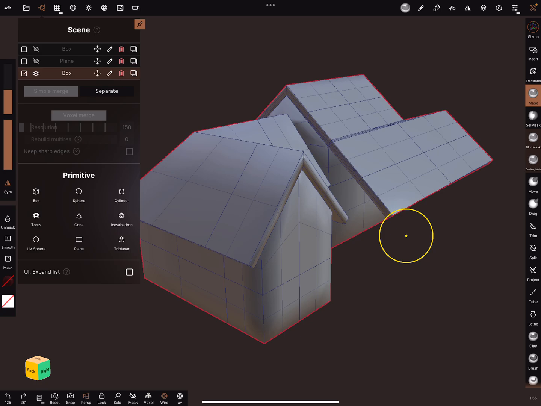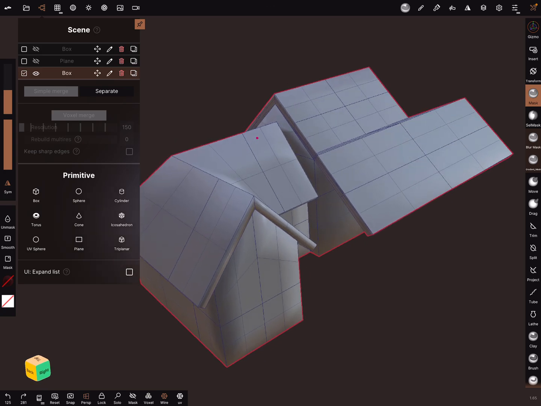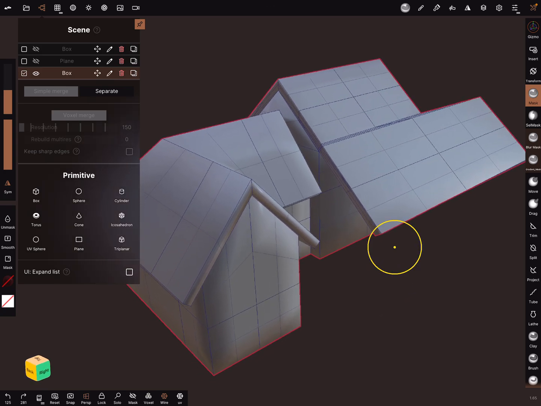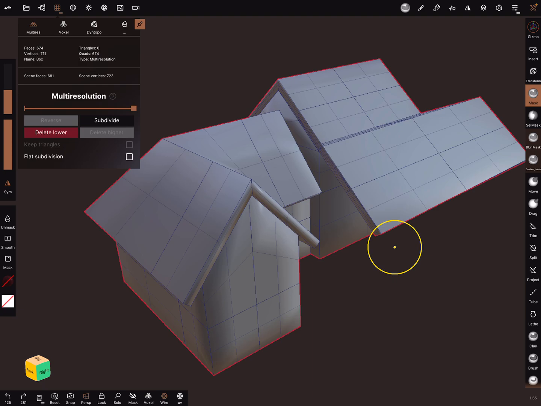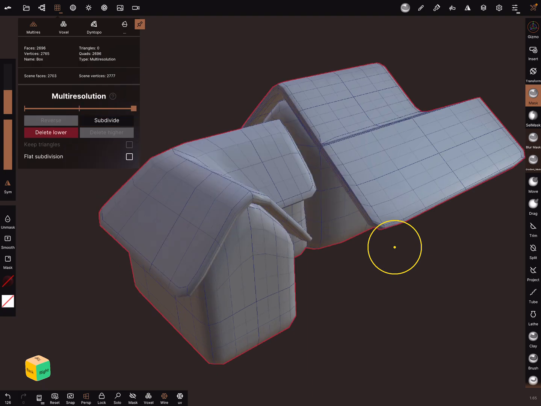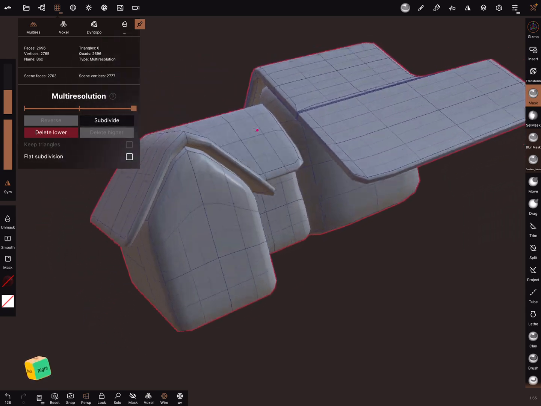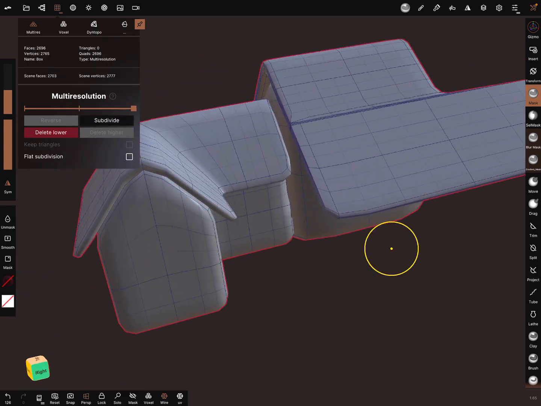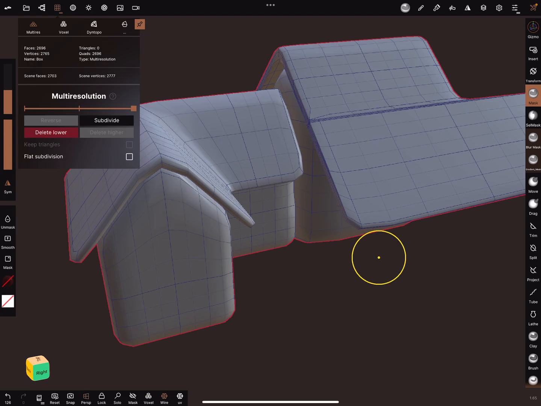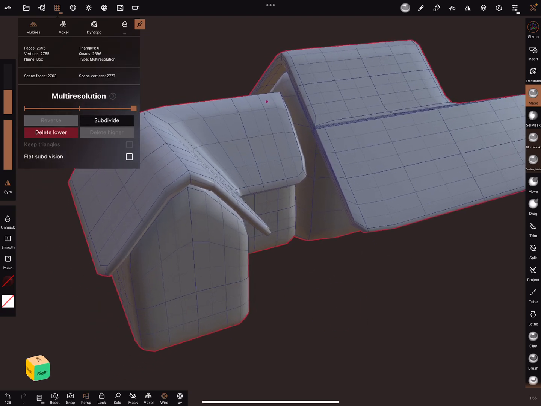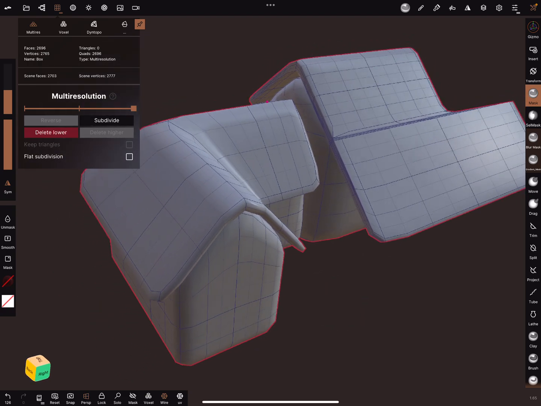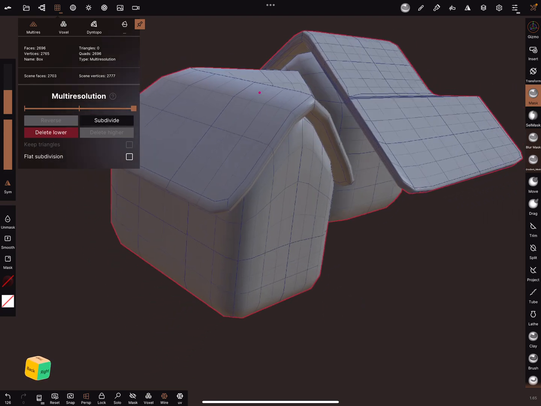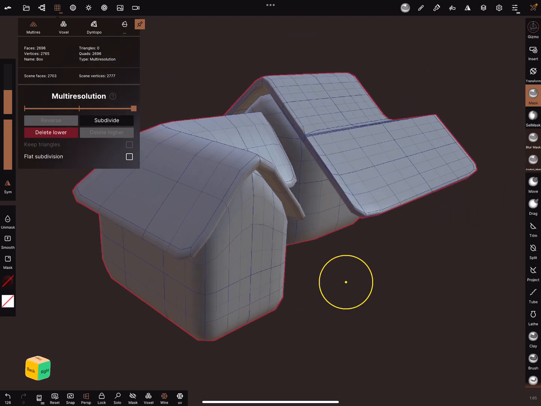And efficient is to know what the subdivision does. Subdivision is here, and when you subdivide your object, it gets smoother, or it adds more details, but it also rounds the edges and so on.